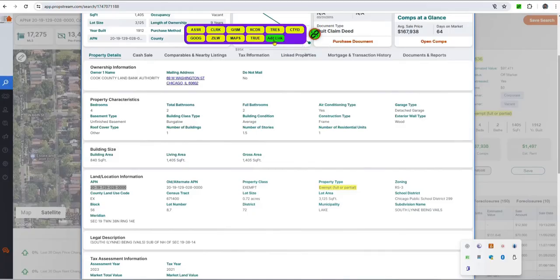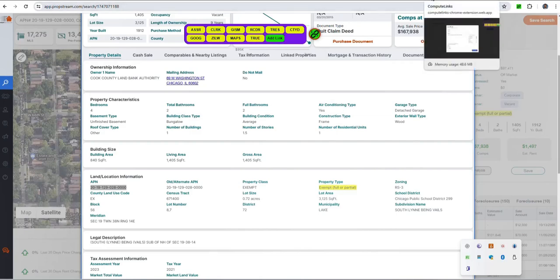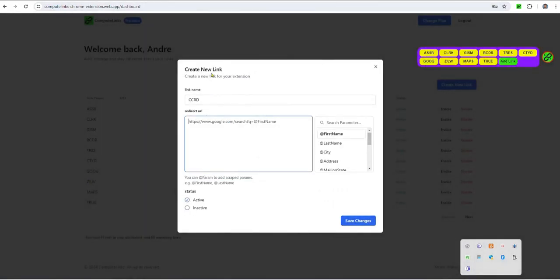There's a button here for add links. You do need to register and be logged in to the dashboard. Once you're logged into the dashboard, we can define our own links here. So for example, if I go over to create a new link, I've got a link name up here, CCRD, and from the search parameters, the various details that we're grabbing from the real estate data portal, we can select any one of these items that we might want. For example, in this case, I might want an APN because I'm actually going to use this for the